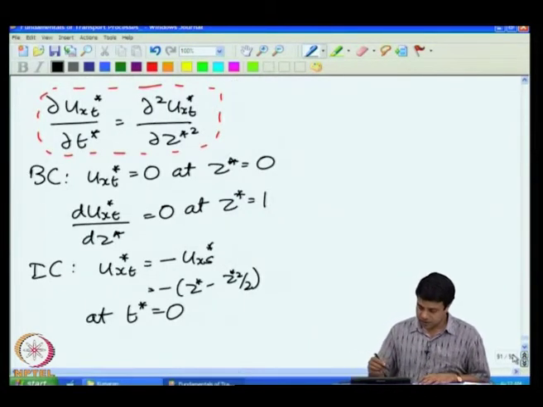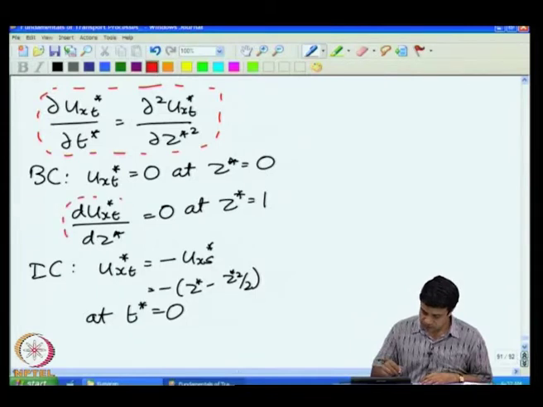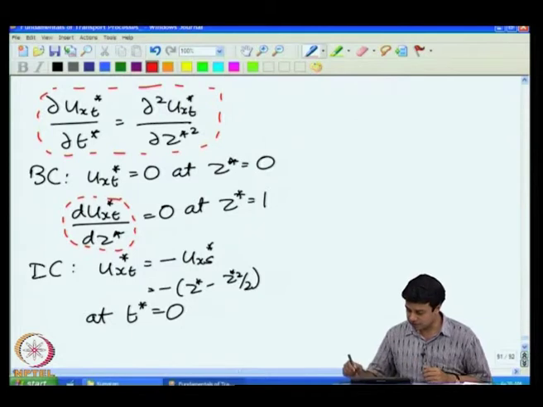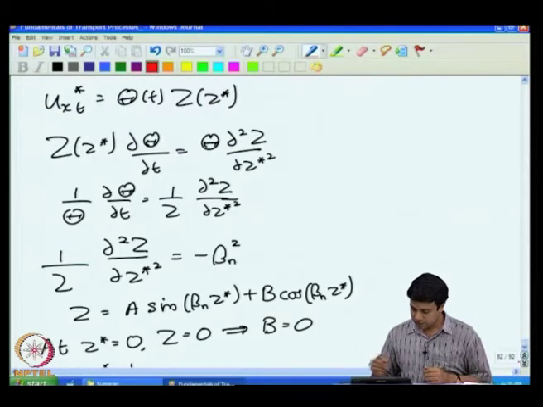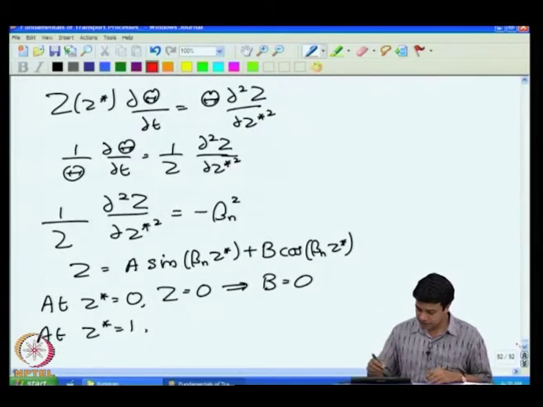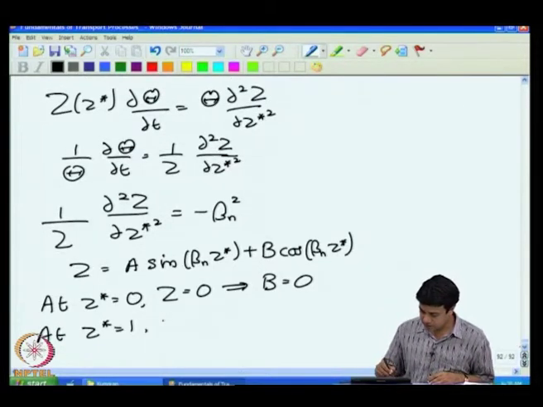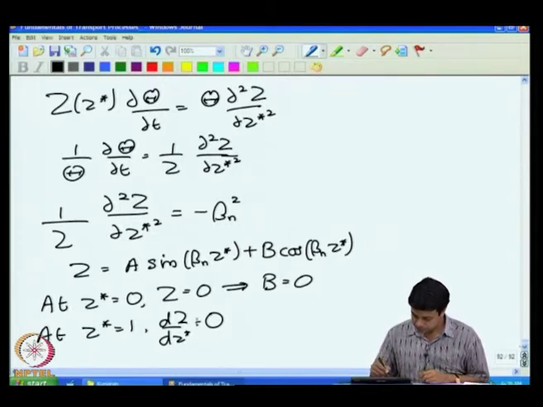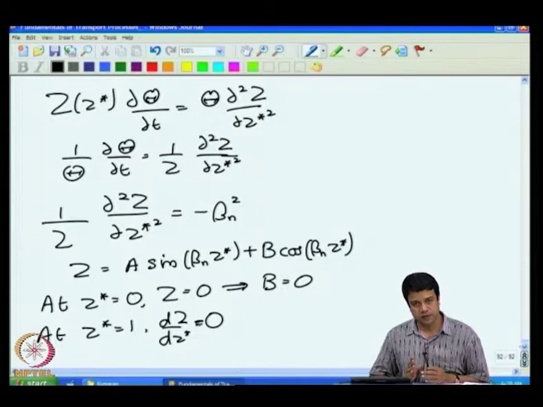At z is equal to 1, I have the boundary condition d ux transient by dz is equal to 0. Since all of the dependence on z is contained within the function capital Z itself, to satisfy the boundary condition I need to ensure that dZ by dz star is equal to 0 at z is equal to 1,